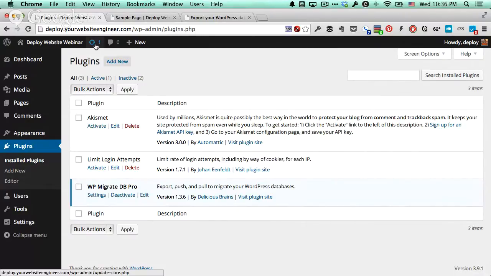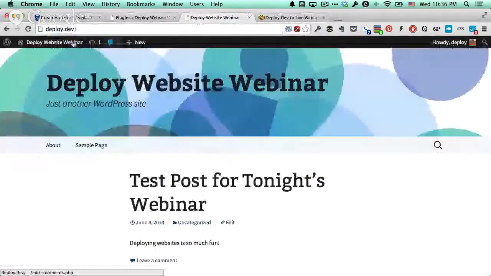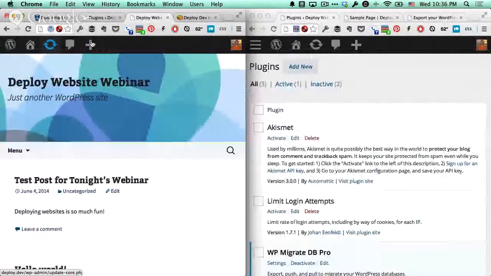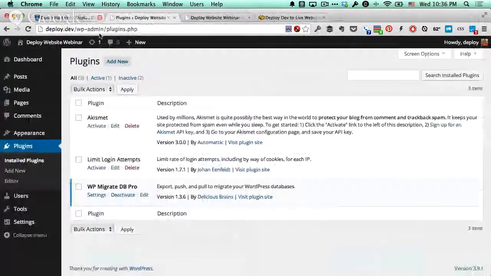So you can see that on this one we have one update to do because it's a theme update, and on our other site, if we do a full screen, we have one theme update to do there as well. You could also do really cool things with MigrateDB Pro, however you say that. If I wanted to do this on my local site, I could do a full screen,